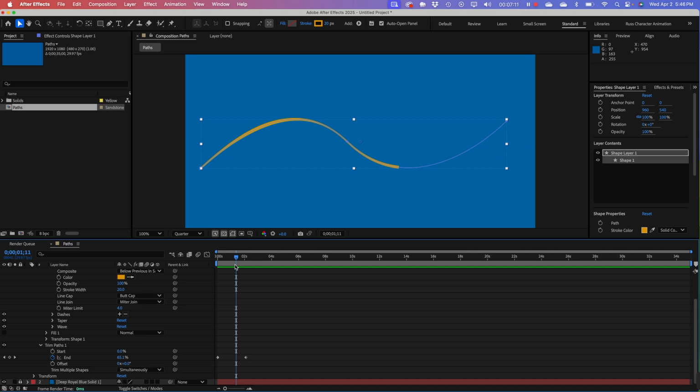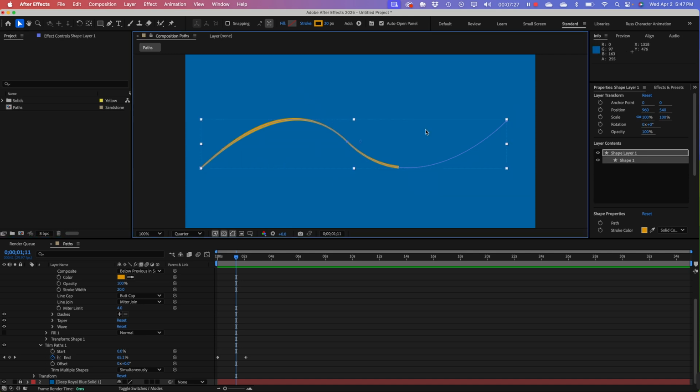You can use trim paths like this as a black stroke. You can create a mask out of that and use it to make a typeface appear or disappear. So using these trim paths,